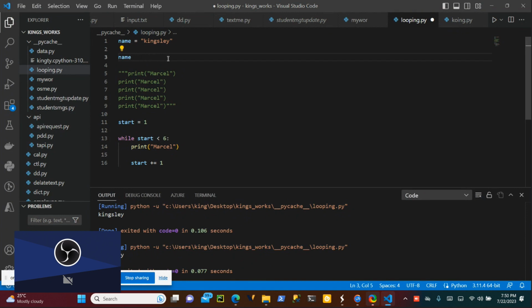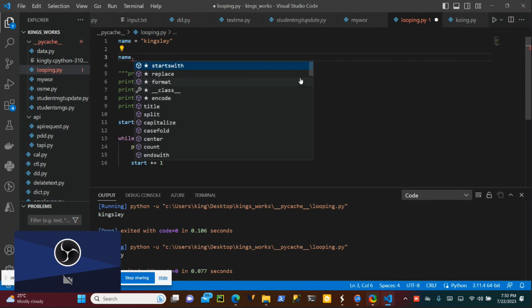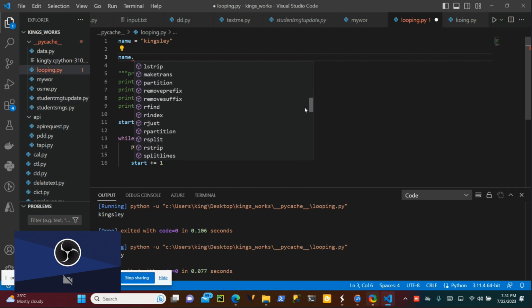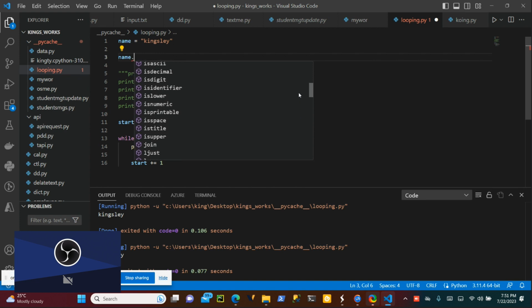If you dot here, you see there should be reverse. Okay, we have replace and all those things. You see all those things, partition, remove, and everything is there. So I just want you to try your hands on them, okay, and see how you'll be able to do everything. It's capital and all those things.